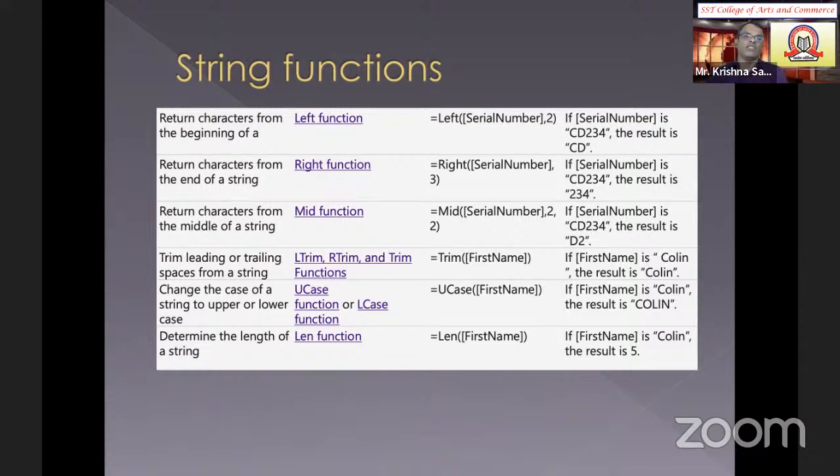Then there is a len function, that is len of first name. It will give how many alphabets are there in that text, so the result will be 5. These functions are very easy to understand, so you can easily prepare and write well, because this type of example can be asked in